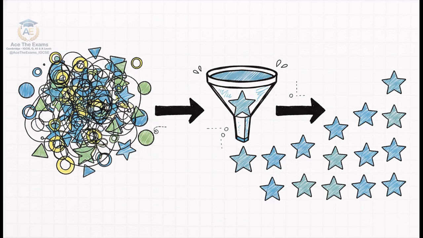For the final part of the question, the examiner wants you to show the exact output for this specific SQL command. Let's decode it together, piece by piece. SELECT asterisk. That little star symbol means select all fields: name, block, and room number. FROM student room, well, that's our table. WHERE block equals A, this is our filter. We only care about the students in block